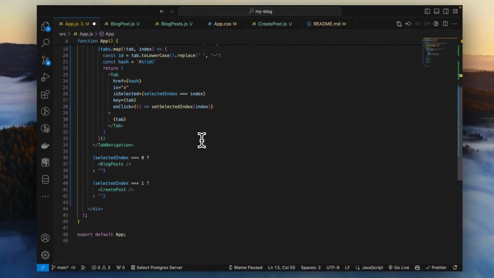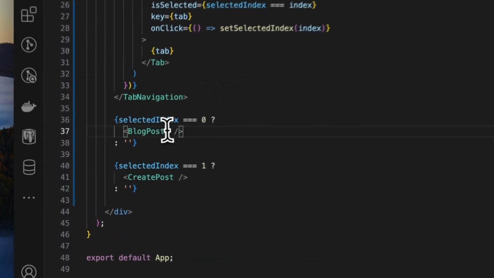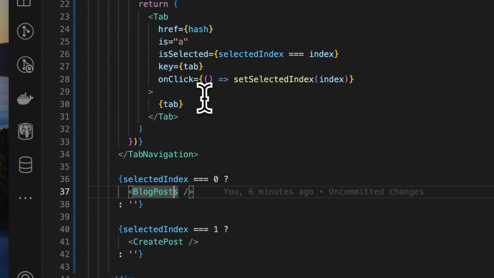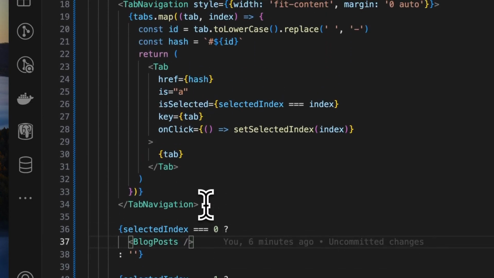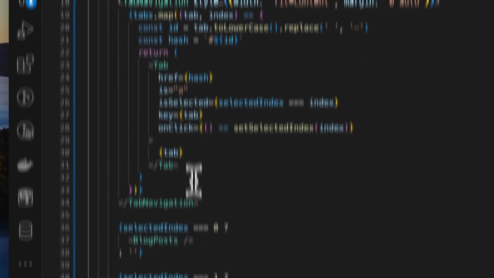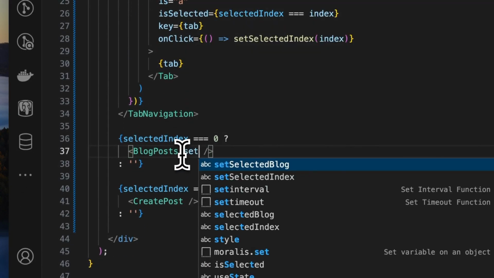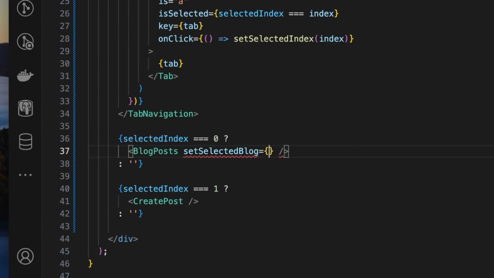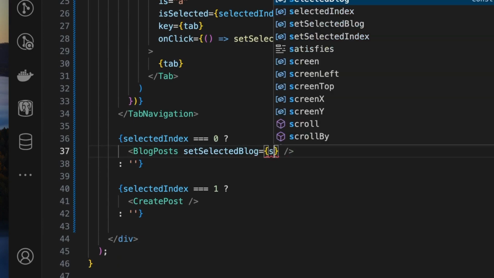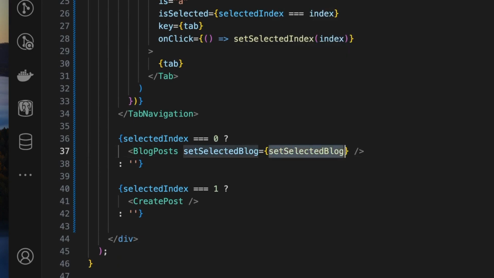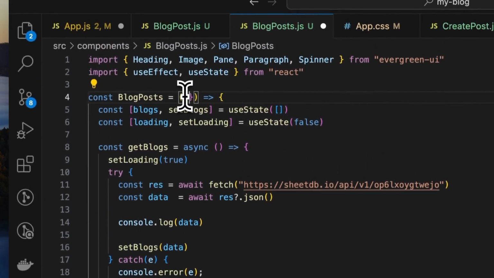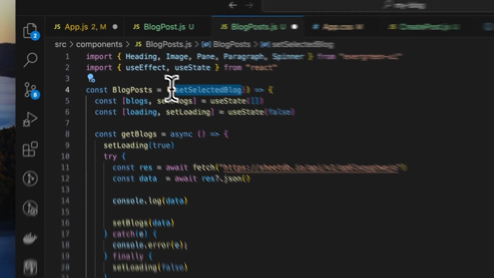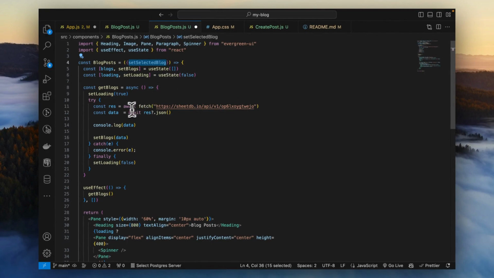Now what we will do is, when any blog post is clicked on, the selected blog will be set to that one. So we need to pass this function as a prop to our blog posts component, and then in our blog post component we receive it as a prop,